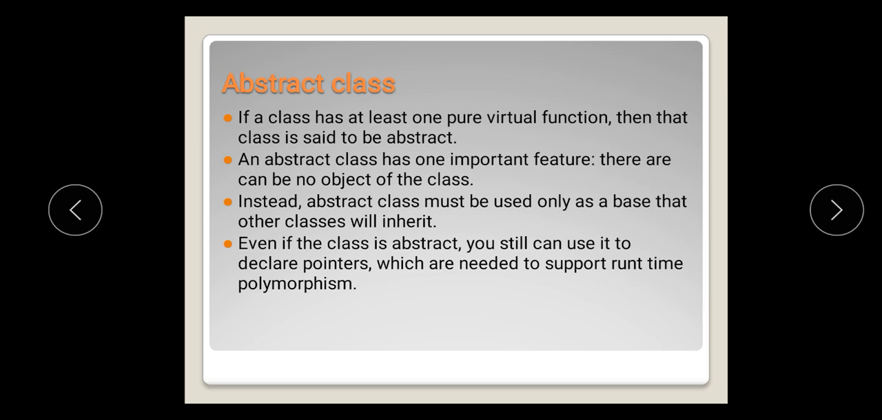Now the next question is, what is an abstract class? An abstract class is a class that has at least one pure virtual function. Then that class is said to be abstract. An abstract class has one important feature: there can be no object of the class. You can say if the object of the class cannot be created, then that class is called an abstract class. Instead, an abstract class must be used only as a base that other classes will inherit. Even if the class is abstract, you can still use it to declare pointers, which are needed to support runtime